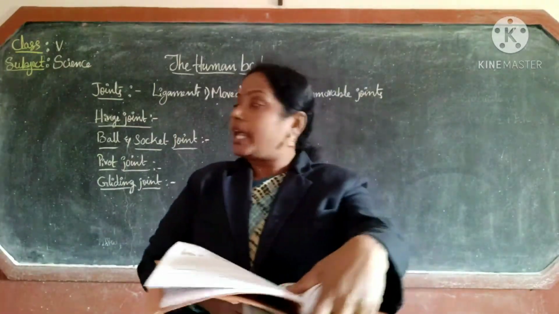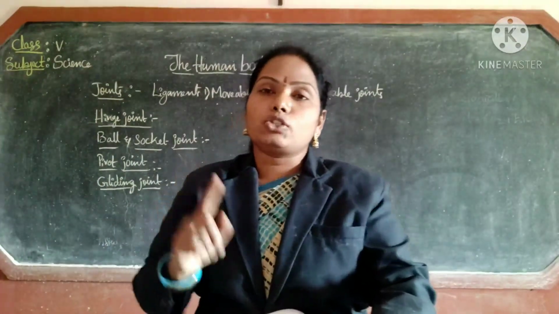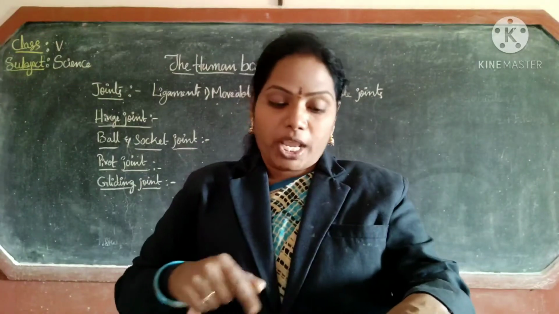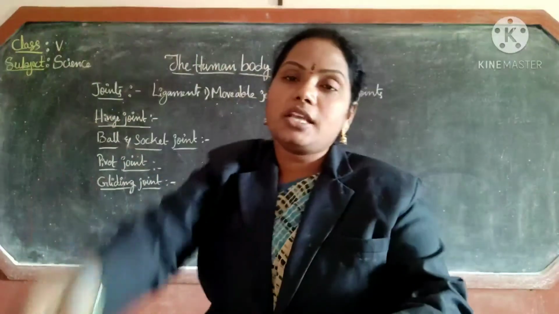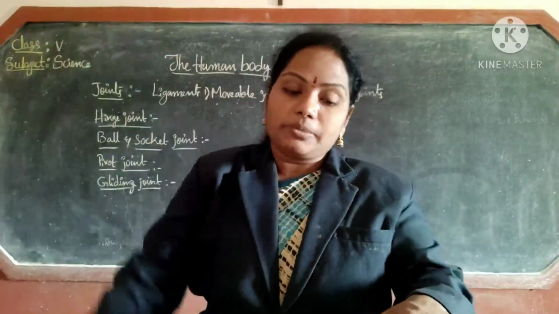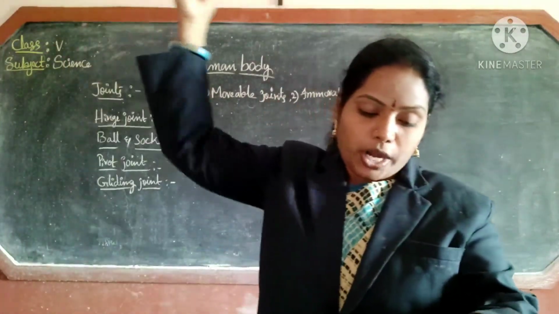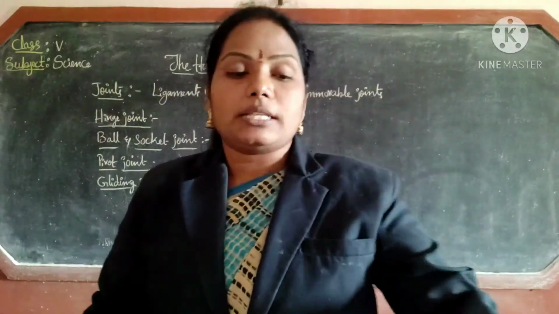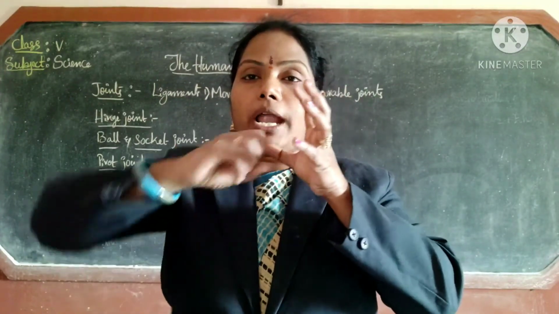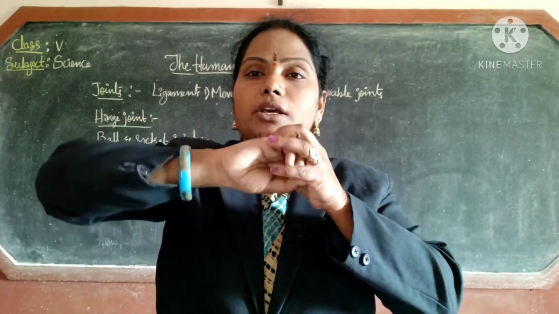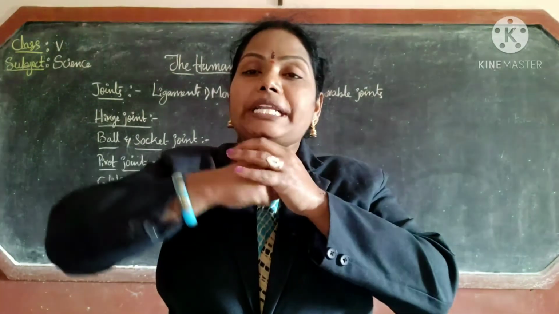Next one is the ball and socket joint. Here we can swing our hands freely around the shoulder. It is because of a type of joint. The joint is just like this. It is just like one bone and it can move like this. Understood? So this is the shoulder girdle here. So what is it here?